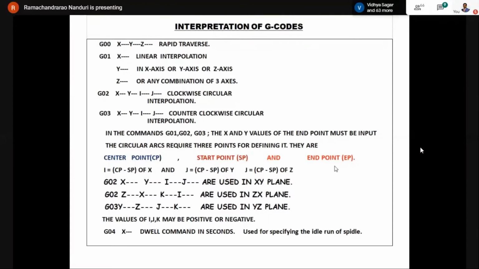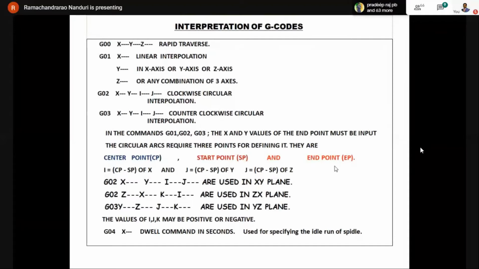That means whatever the end point of the previous geometric segment will be the start point of the present geometric segment. Or if you are carrying out cutting action in a straight line from a particular point, that means the spindle has already reached the present point. From here, you will be carrying out the cutting action to the destination point. That means the start point is the existing point, and the end point would have to be specified by us in x and y. Okay.